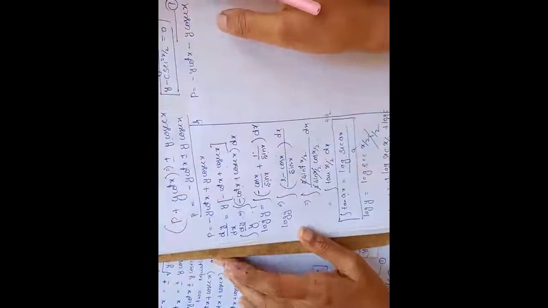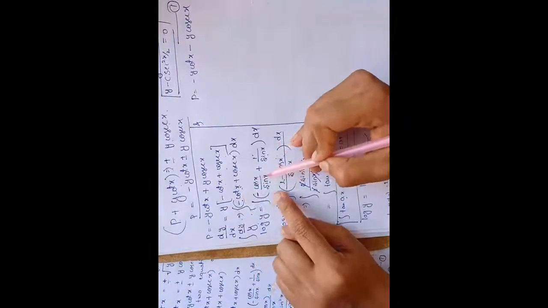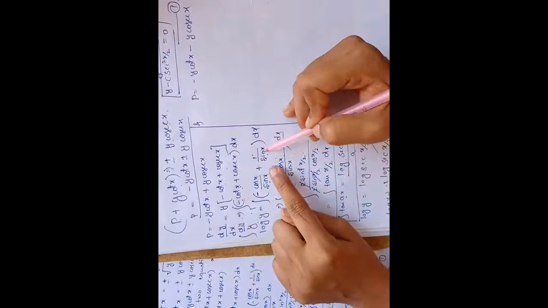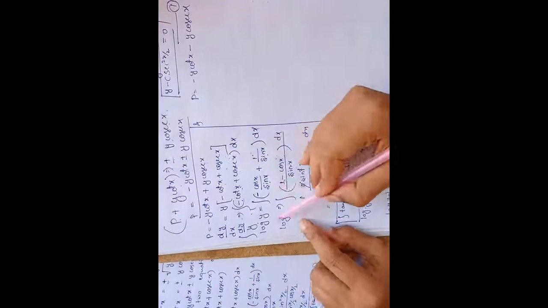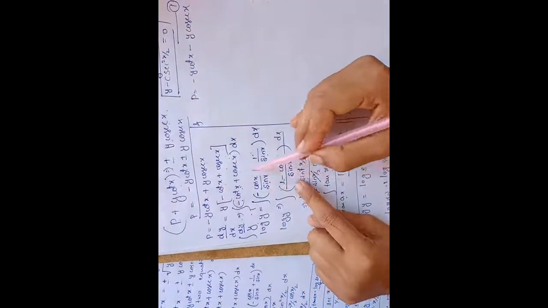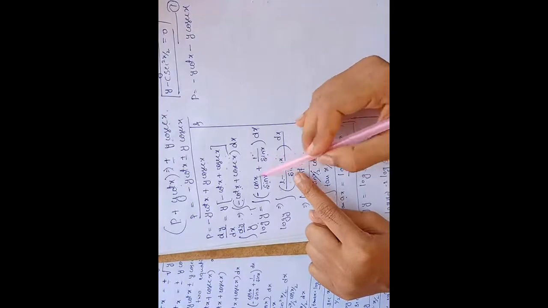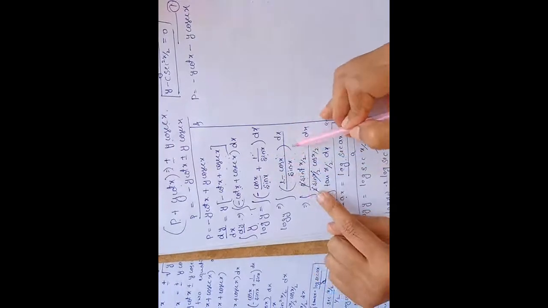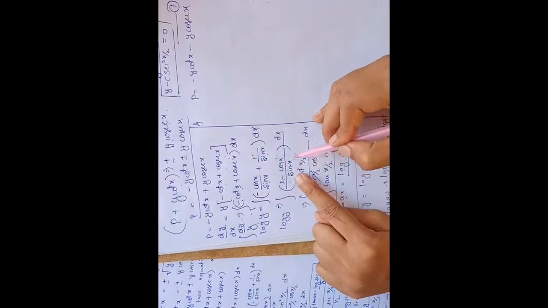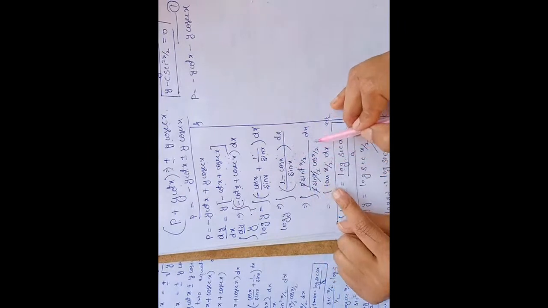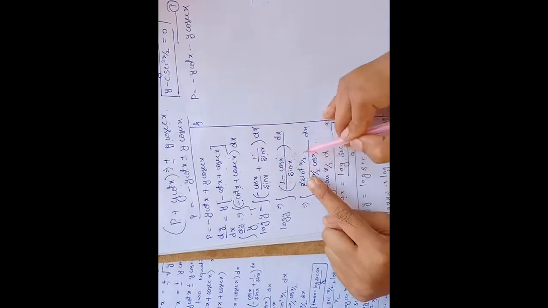Apply the cot x formula. Cot is cos by sin, cosec x is 1 by sin x. Now for log y, apply the integration, taking sin as the LCM, so it becomes 1 minus cos x as it is into dx. The formula for 1 minus cos x is 2 sin square x by 2, and sin x is 2 sin x by 2 into cos x by 2. Here 2 and sin get cancelled, the remaining terms are sin x by 2 divided by cos x by 2. So sin by cos is tan x by 2.